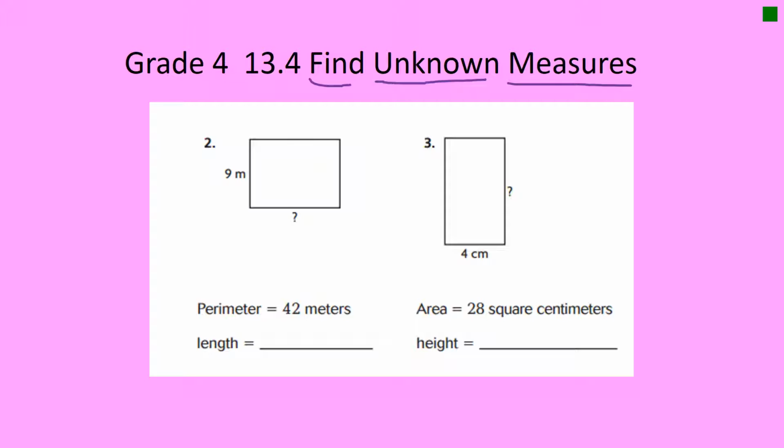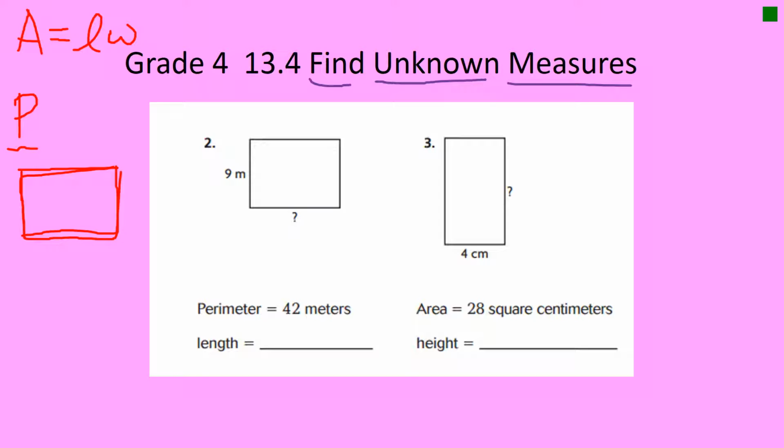All right, so we are dealing with A for area and P for perimeter. Area and perimeter, right? Now remember the formula for area. Length times width. And then perimeter, do you guys remember what perimeter is? It's the distance around a figure. Perimeter is all about lines, length, right? Not about what's inside, just about how long the outside pieces are. So number 2, we know that the perimeter is 42 meters, and they want to know the unknown measure, the